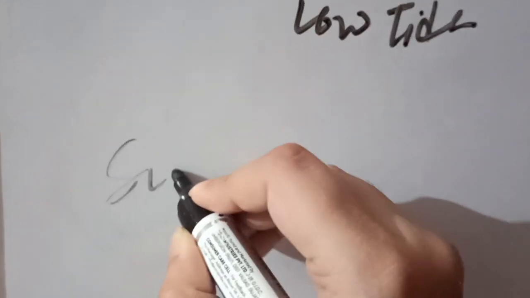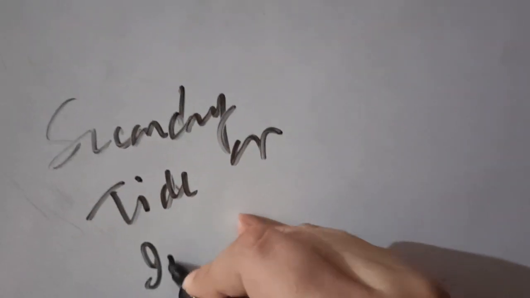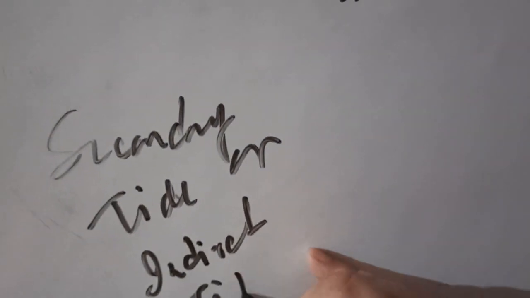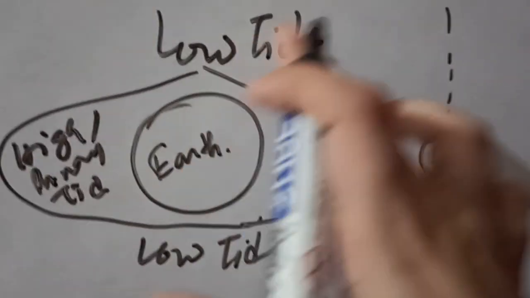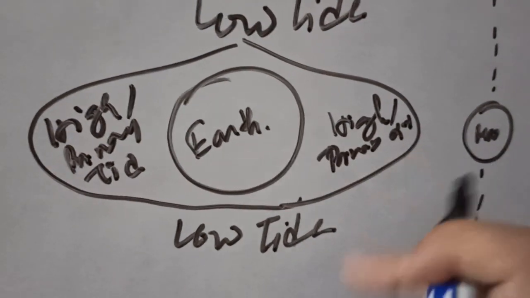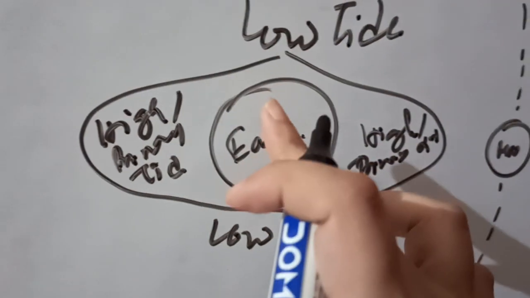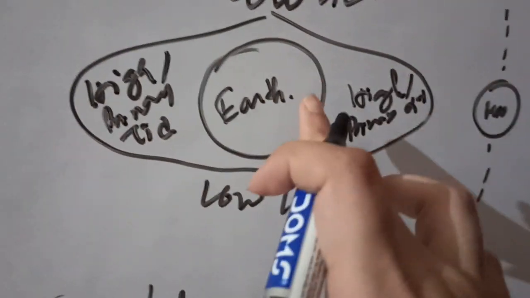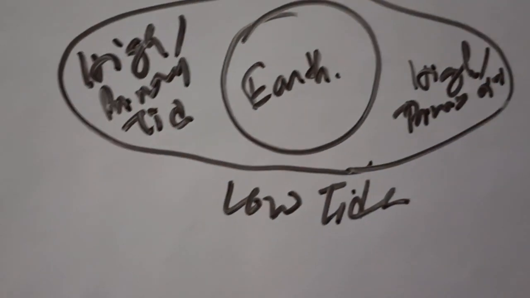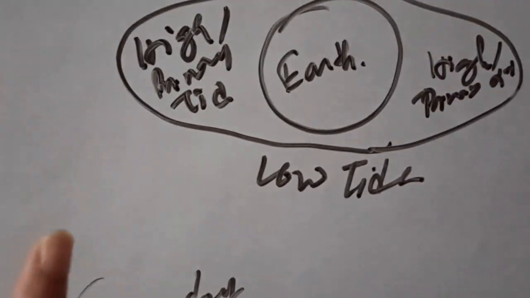Next is the secondary tide or indirect tide. So at the time when the primary tide takes place, there is a piling of the ocean on the other side of the earth, and the water of the solid earth which is nearer to the moon is pulled by the moon, which causes the water to pile up again in the opposite direction. Okay, so another high tide occurs on the opposite side, and this is known as the secondary tide or the indirect tide.